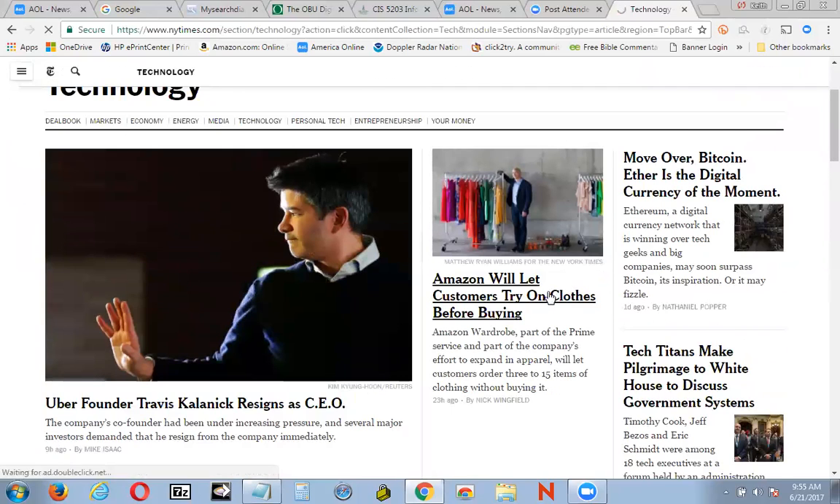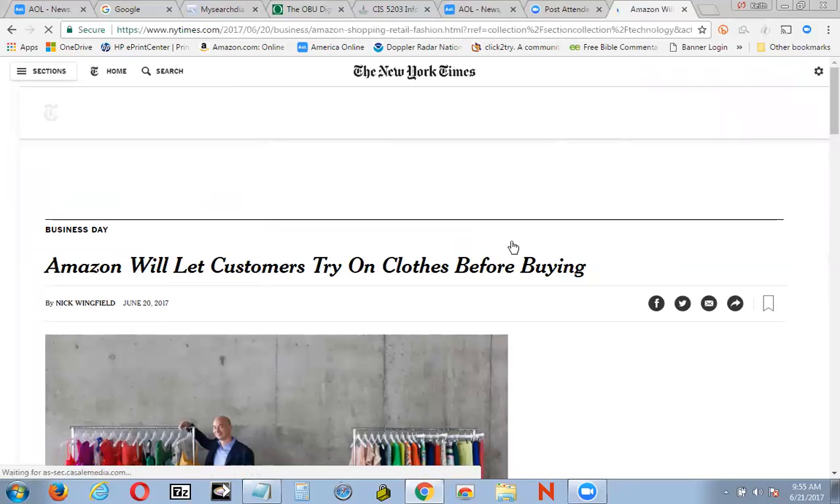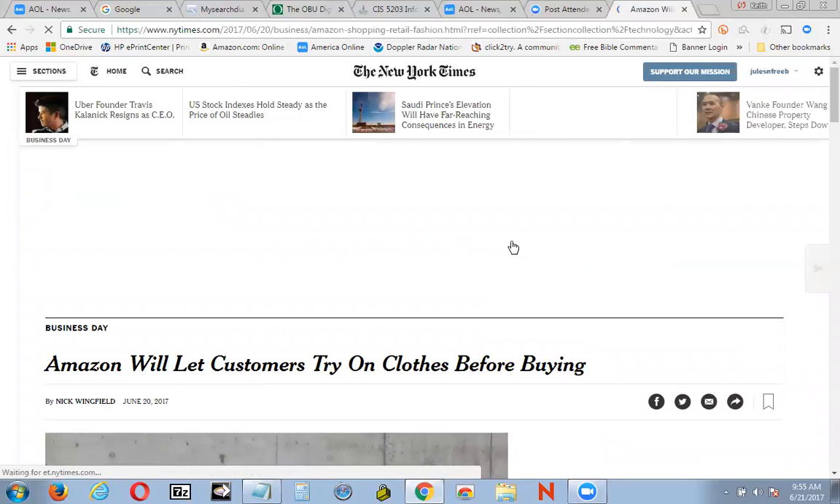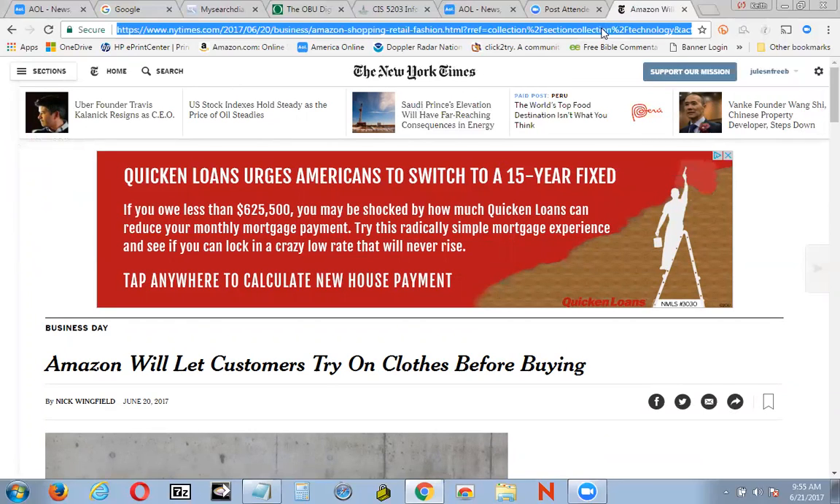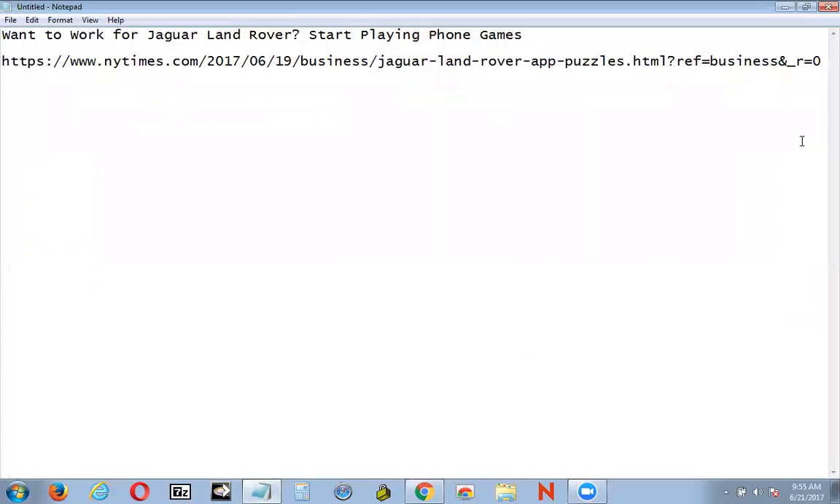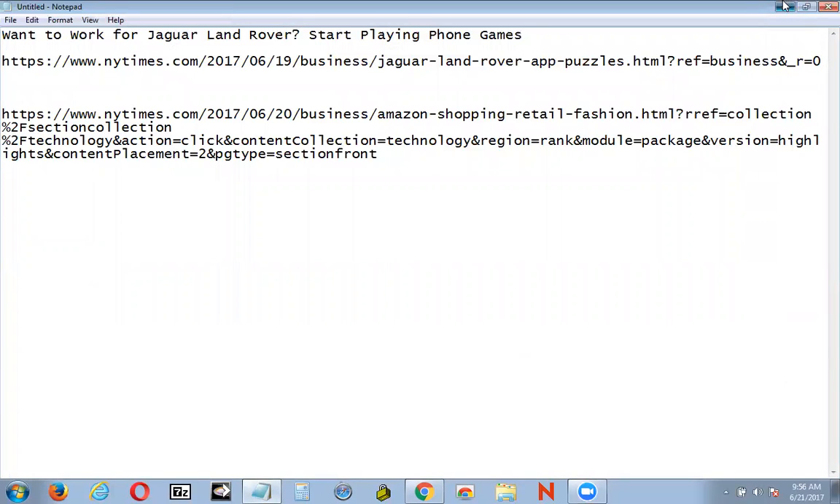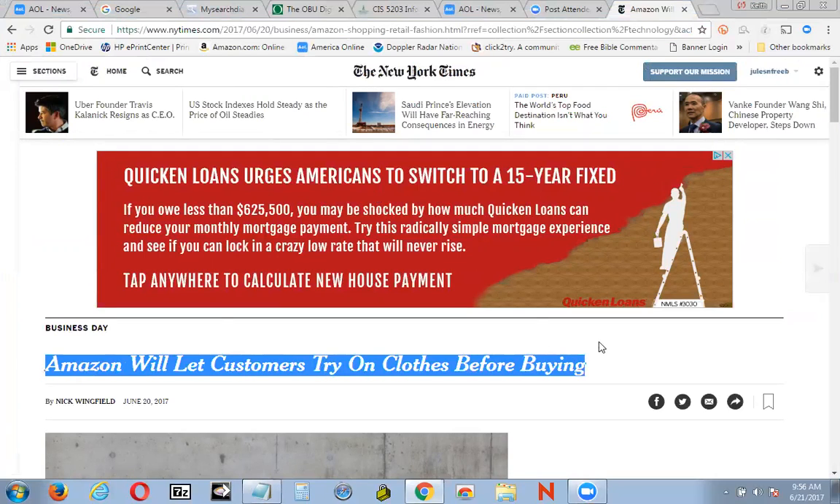And I thought this one was a very interesting article. Here's Amazon letting customers try on clothes before they're buying it. I thought it was really worthwhile for you to take a look at this. So I'm going to save the link and put it in my notepad, which I'll post later. I'll take them out to bit.ly, so I'll shorten them down. Now, as this article notes,